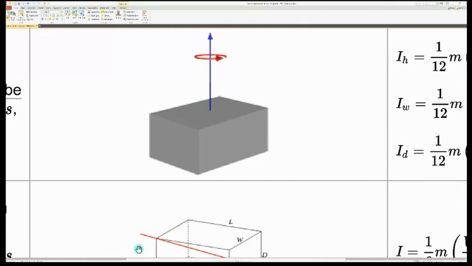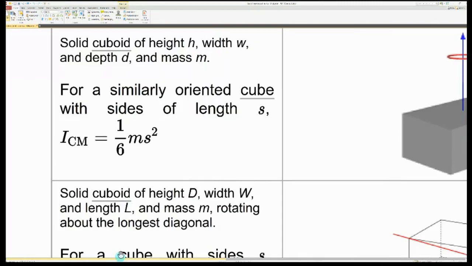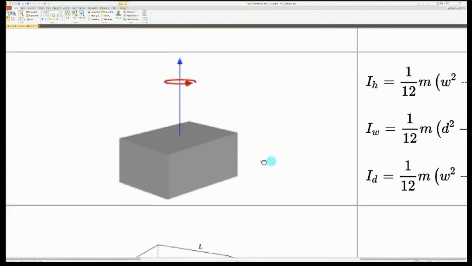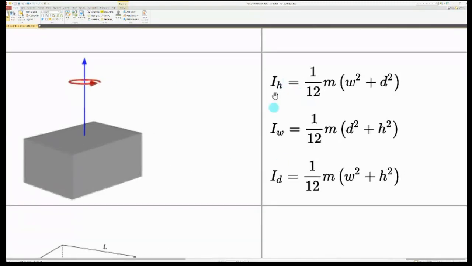Okay, so now all these things are fine. Now which formula are you going to use? Since it is enlarged, it is coming back here. So we are going to use the three formulas here. Why do you want three formulas? Because you have the freedom of choosing which axis. Right now the axis is shown in blue color like this, but that is not the only axis. You have three freedoms. What are the three freedoms? Instead of this vertical axis, you can also go like this, a horizontal axis.